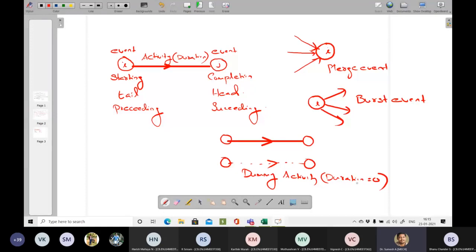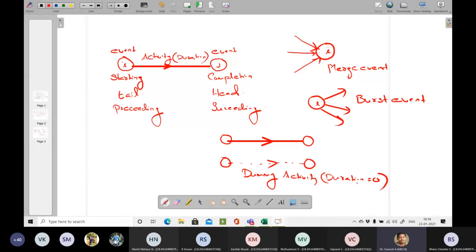The start of machine installation is your start event I, and the completion of machine installation is the J event, that is the completion or head or succeeding event, and machine installation is your activity.